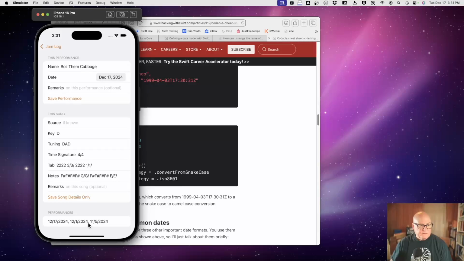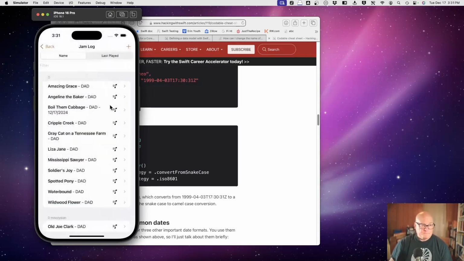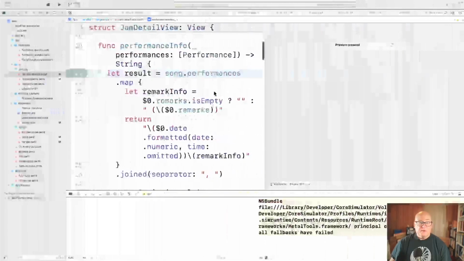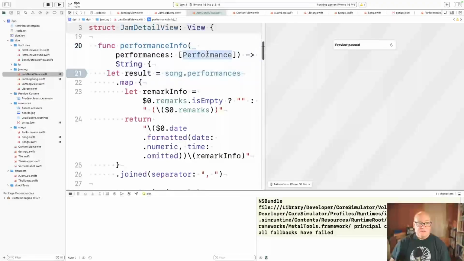12, 17, 12, 1. They're sort of decreasing. I'll add a new one. Okay, that's not decreasing. It's the order. Okay. But they're both showing, and they're both showing from song. They're not showing from performances, which seems like that's a good step. So take our break and we'll see if we can get rid of performances from this and whatever else it needs. See you in 3 or 4 minutes.